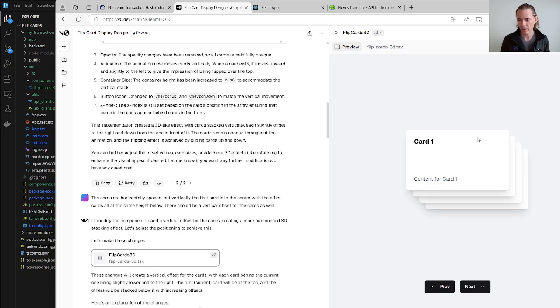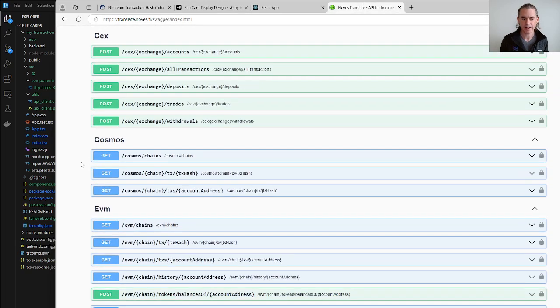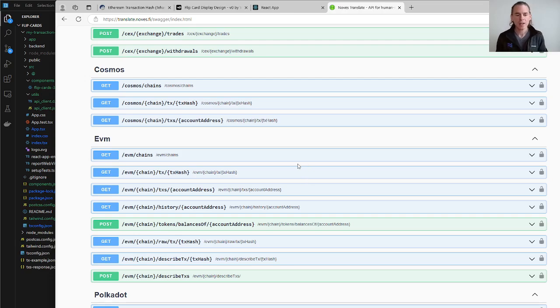And so as you flip through these, you're kind of flipping back in time through somebody's wallet. The endpoint that I want to use here on Translate, I'm going to build this on EVM. So the endpoint that I want to use is this TXS endpoint. You pass it a chain and an account address or a wallet, and then it's going to give you back a list of transactions from that account,